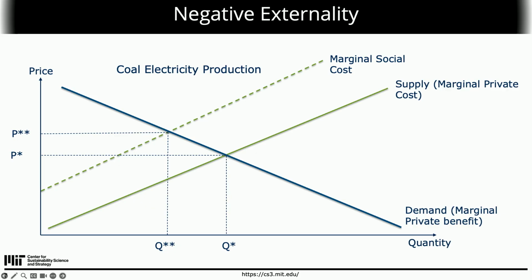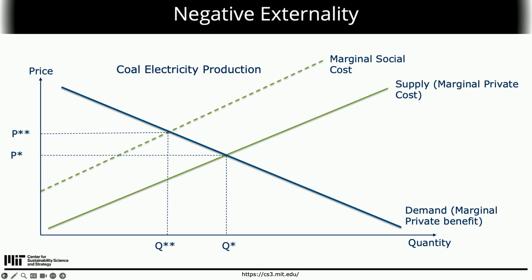Now, the cost of that carbon dioxide in terms of health effects and climate change and all the additional impacts that come from that are not included in that initial transaction. Okay? So you have a marginal social cost which is higher than the marginal private cost. So you have this indirect impact that is not being contained within the market. Right? So we're not at an optimal point, or we're not at an efficient point when we're sitting at that initial equilibrium of P star and Q star.